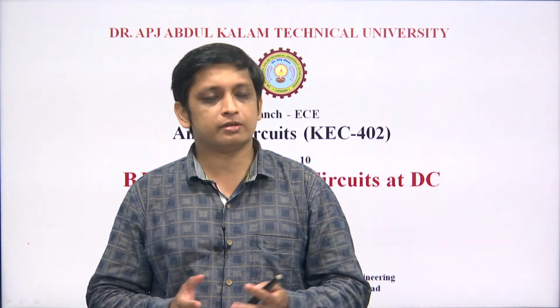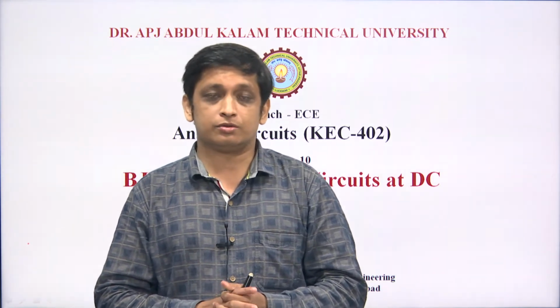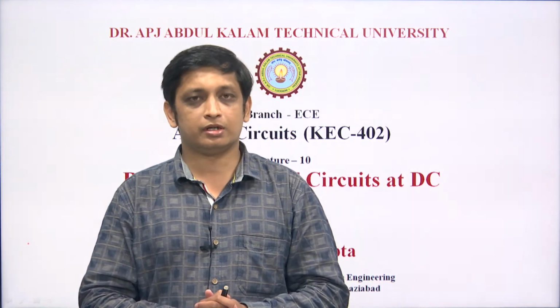Hello everyone, this is lecture 10 of the subject analog circuits. In this class, I am going to discuss the BJT and MOSFET circuits at DC. So, at DC means now we are not going to consider any AC signal here, and only DC voltage and DC current will be present in the circuit, and basically we are going to solve few problems based on BJT